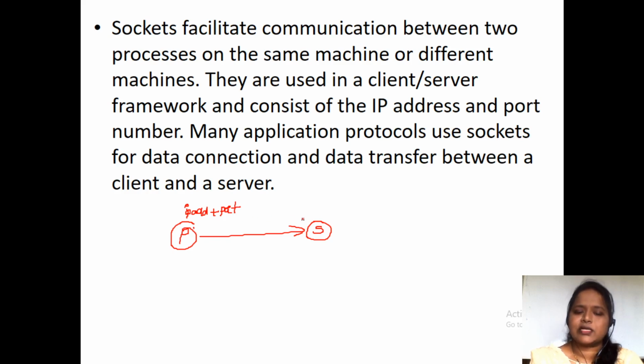When the server receives the request, it responds to that particular port accordingly. This is how we have client and server communication by making use of sockets. The main thing we have to do is employ a pair of sockets at the client as well as the server. When we want to make a communication between this process and the server, we have to employ a socket on the client side as well as on the server side.